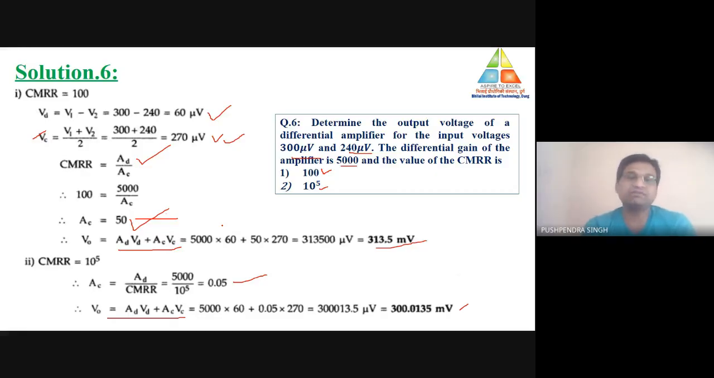So you may easily calculate all the parameters needed for a particular question to get the solution. So this is all about today's lecture. In our next lecture, we will see some more problems related to differential amplifier. We will also calculate the solution